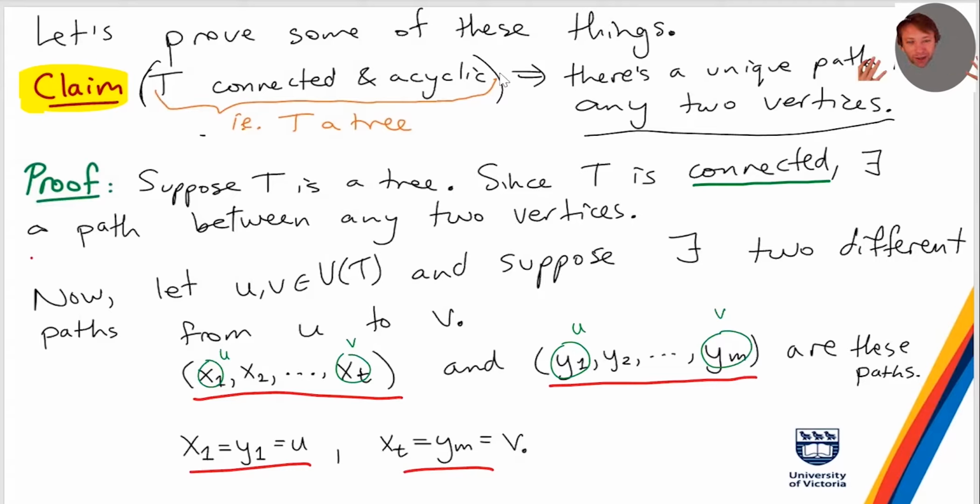But exactly. The idea is basically we're going to take these two paths, and together, those two paths are going to give me a cycle, which will contradict the fact that there are no cycles in a tree. The details are a little bit annoying, but let's look at a picture anyway. Because the thing is, all I know is that these two paths are different. I don't know that they're different at every